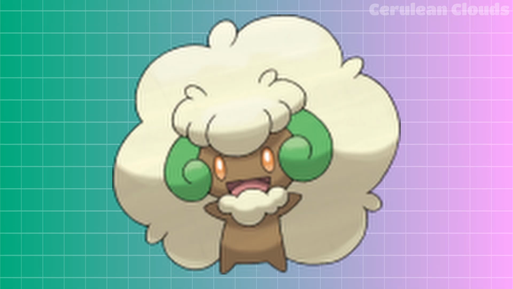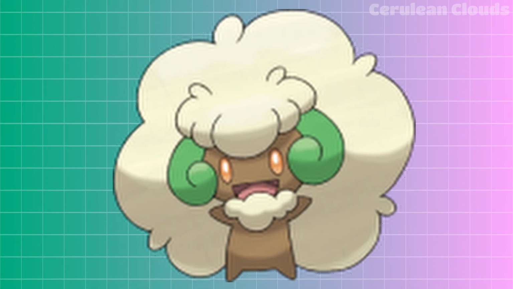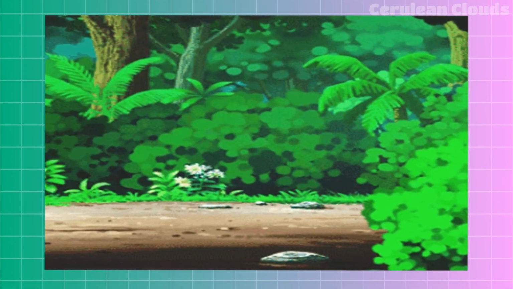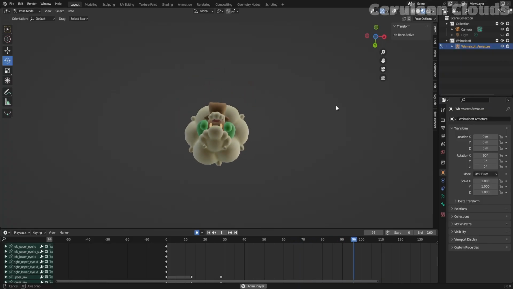Speaking of comments, the first Pokemon I mentioned was Whimsicott, which funnily enough, two of you actually suggested the same Pokemon. I'm actually glad to see Whimsicott because it's a Pokemon whose design I really like, with the whole sentient cotton fairy aesthetic going on. With Whimsicott's composition in mind, I knew beforehand that I wanted Whimsicott to have a very floaty feeling for the